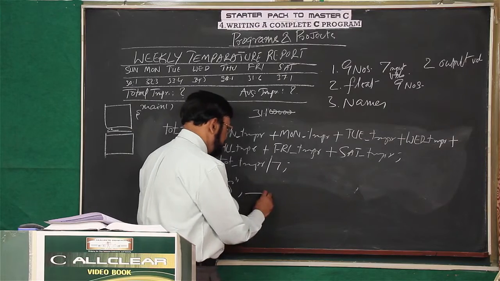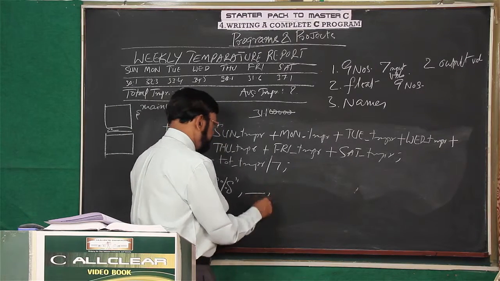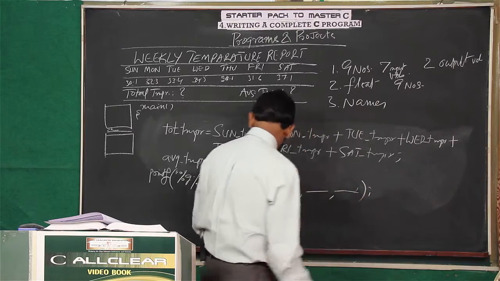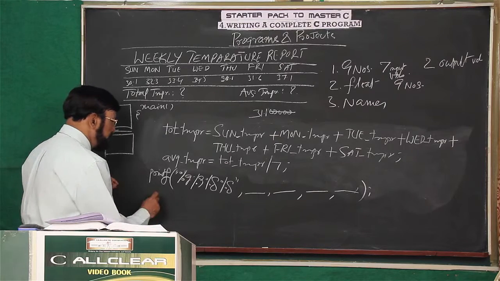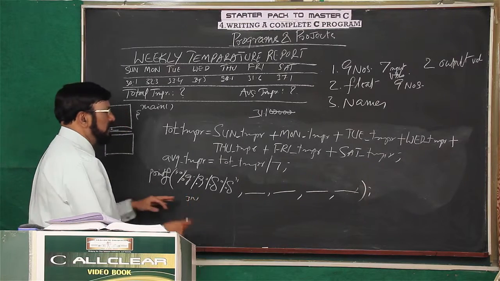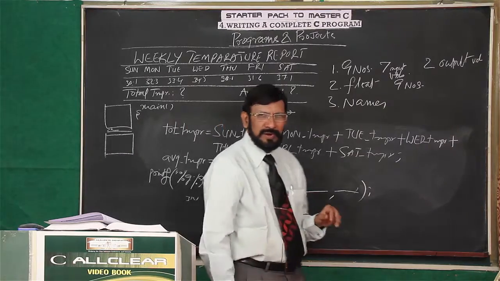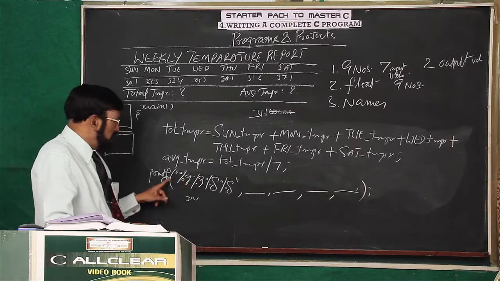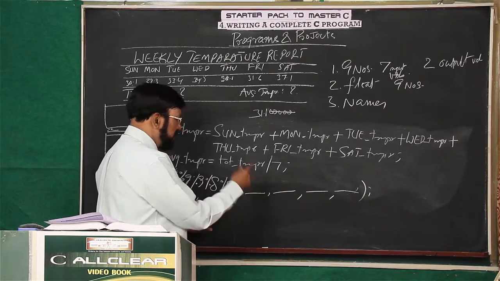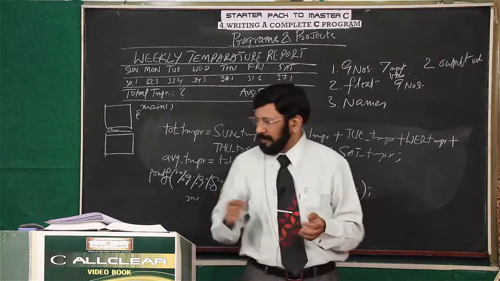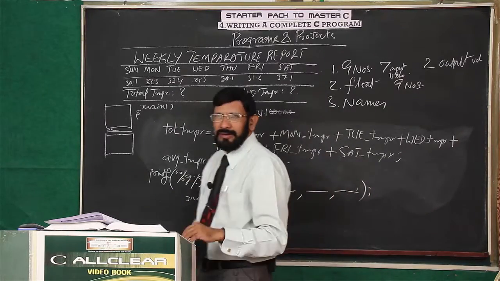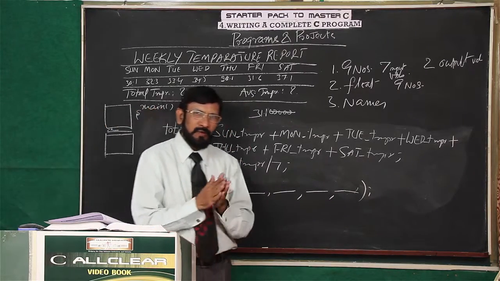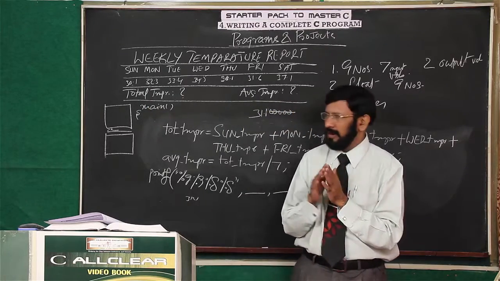Next, this is sun temperature, mon temperature, tue temperature, wed temperature. Just close. Next, another printf you write. In this printf, you write 3 numbers only. Then thu temperature, fri temperature, sat temperature. So here, if you write them in 2 lines also, as printf cannot break its line, they are printed in 1 line. By following this technique, you can write this output in a formal manner. In this manner, you are able to write 4 sections very neatly and highly readably.